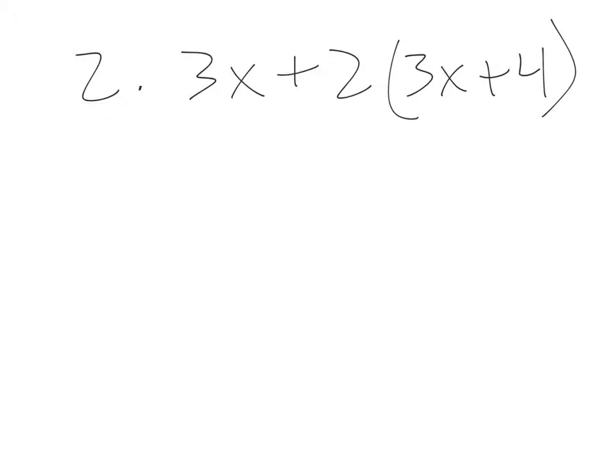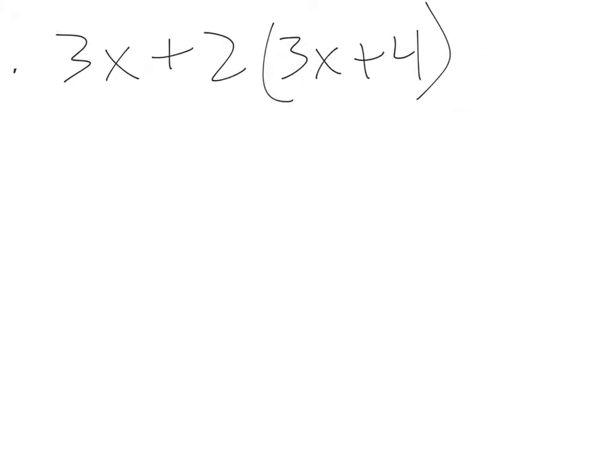So on question number 2, we had 3x plus 2, and then that was in parentheses 3x plus 4, and that was all set equal to 26. So in order to solve this one, we have a little bit more we need to do. Yesterday we learned about the distributive property, so I'm going to start by simplifying or getting rid of these parentheses